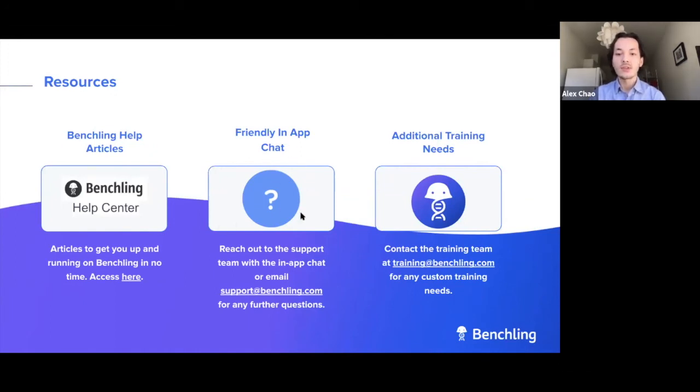If you need further support, we do have a couple of different ways that you can get in contact with us. You can utilize the in-app chat, which is accessed via clicking on this question mark icon, again, in the lower left of the Benchling screen. So do click there, and one of us from customer experience will get in touch with you shortly. And if you have more involved support needs, feel free to reach out to us at